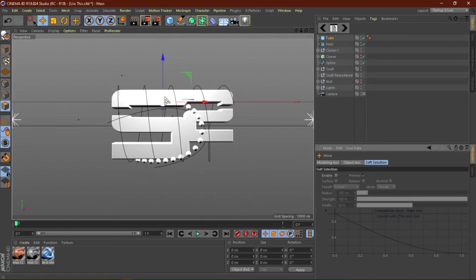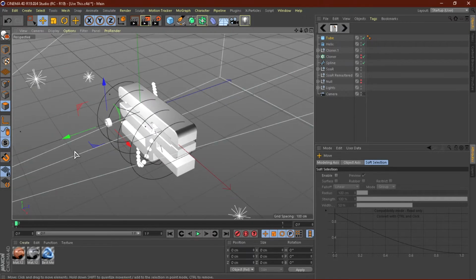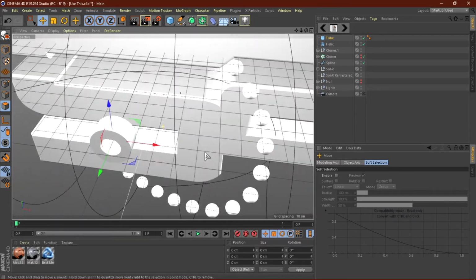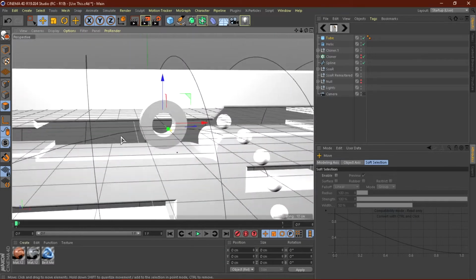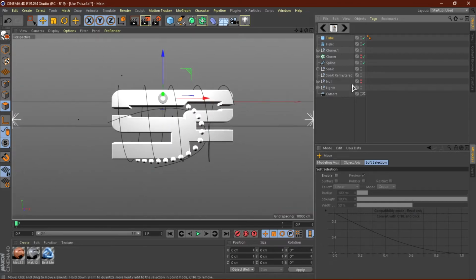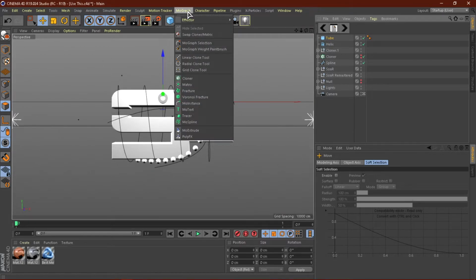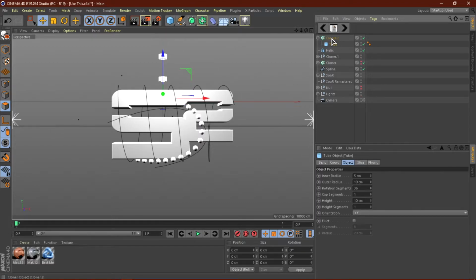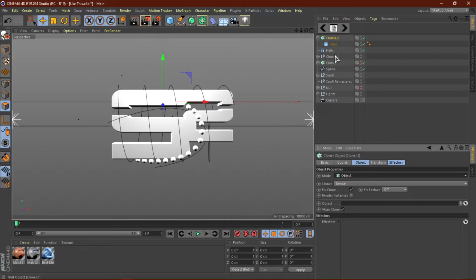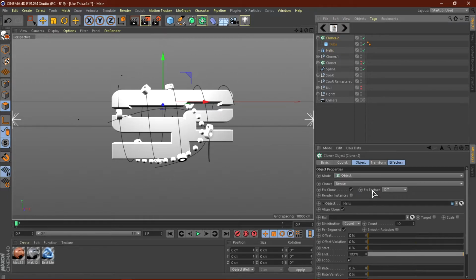And let me bring this out. And yeah, this is what I had it at. So this is a nice little preset. I really like this. This size worked really well for this design. But yeah, now we're gonna do the same thing basically. MoGraph cloner, drag this into the cloner, go to object, drag the helix into the object, and